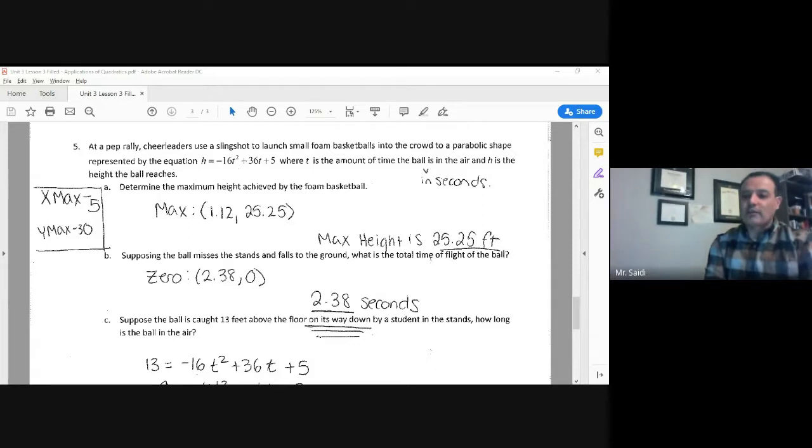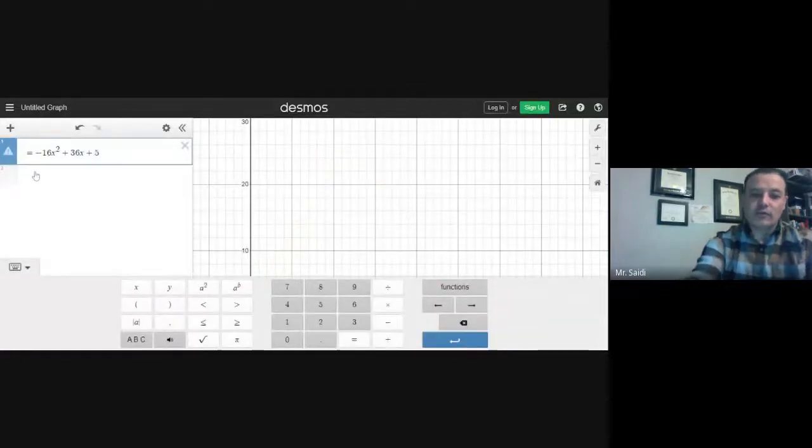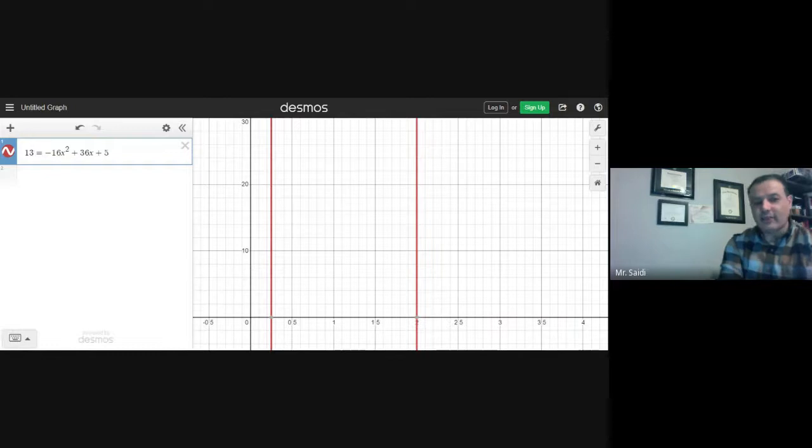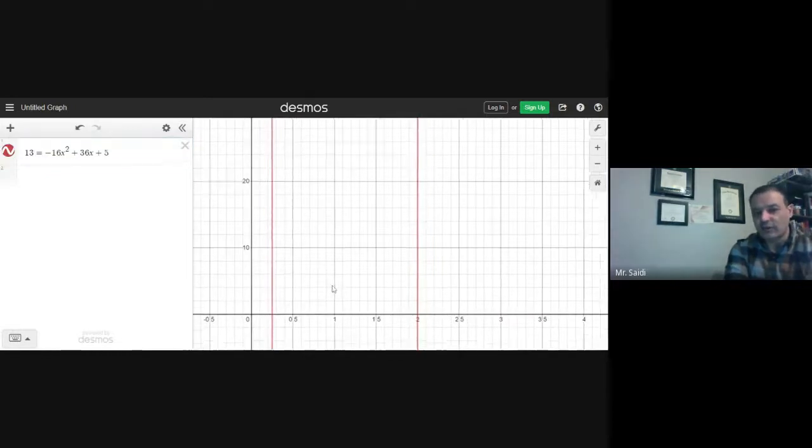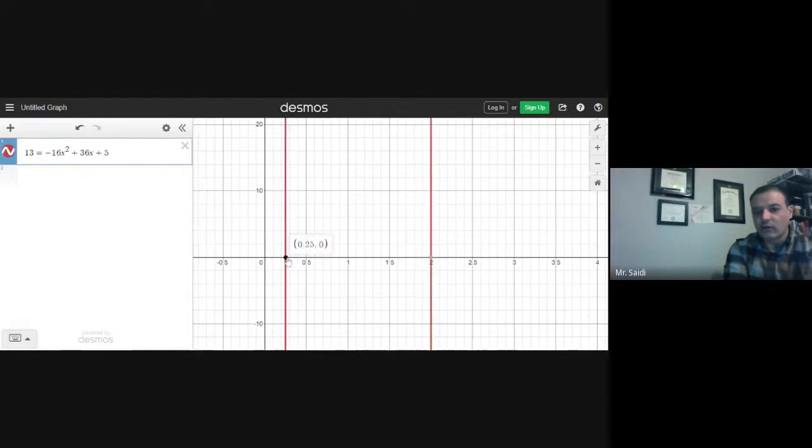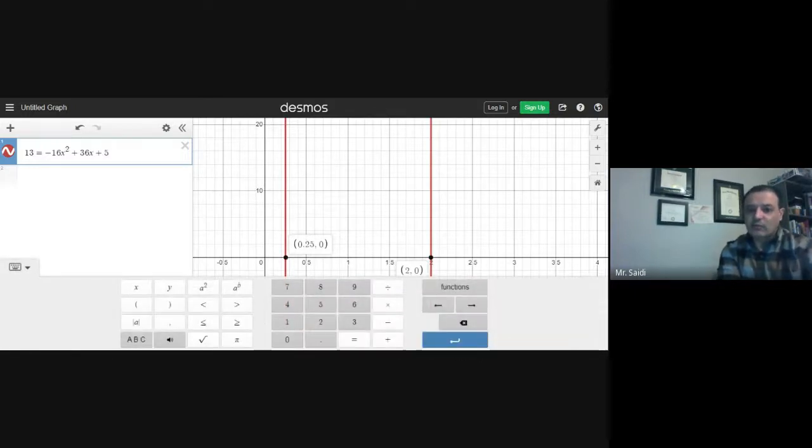So if you go back to Desmos and change the t to 16, now instead of y, you're going to put 13. Basically, your x-intercepts, whatever x values are here, give you 13. When I look right here, one of my x values is 0.25, and the other x value is exactly 2. So at 0.25 seconds or 2 seconds,